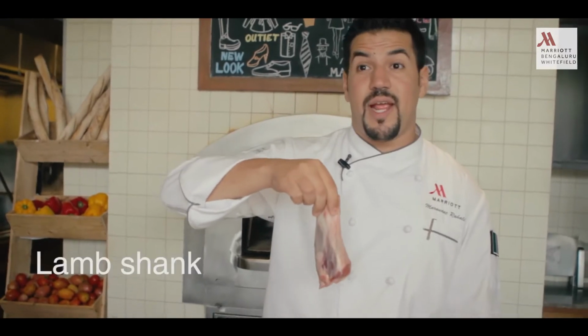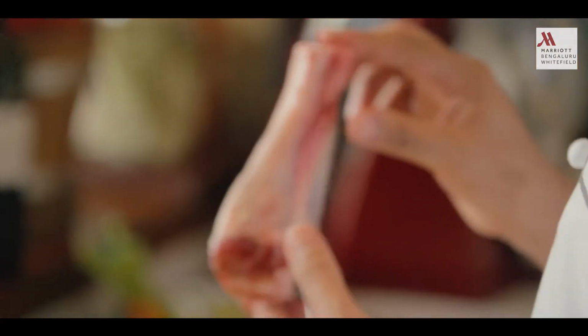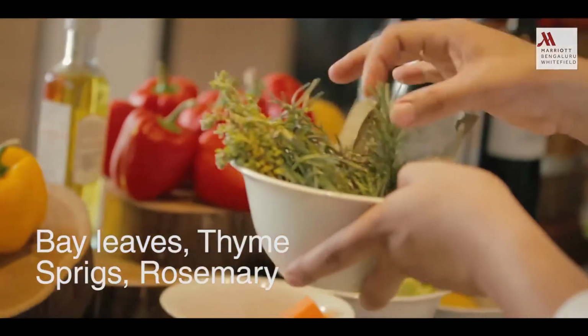For this recipe, the main ingredient is the lamb. This is a lamb shank, imported lamb shank from Australia. In case you can use the normal local lamb, it's also good. Then we need 3 carrots, 2 onions, some garlic cloves, some herbs, rosemary, thyme, bay leaves to give more flavor